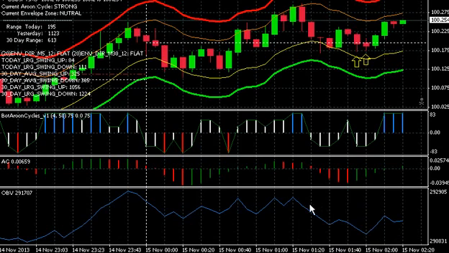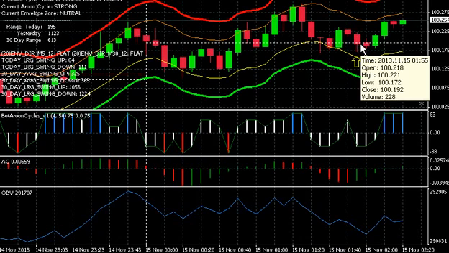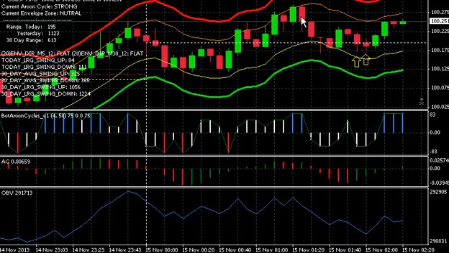That tells me that while this market was dropping, there were less guys and less money actually interested in bidding this market down, and that's a good sign that we could be getting ready with our timing for a reversal. And that's what we see happening, is the market